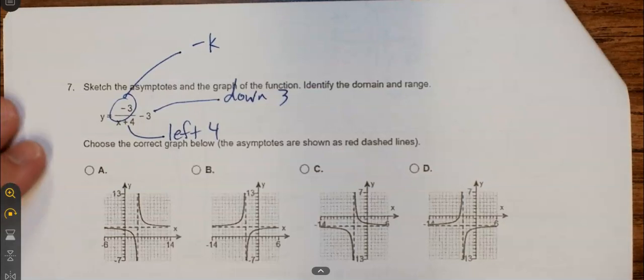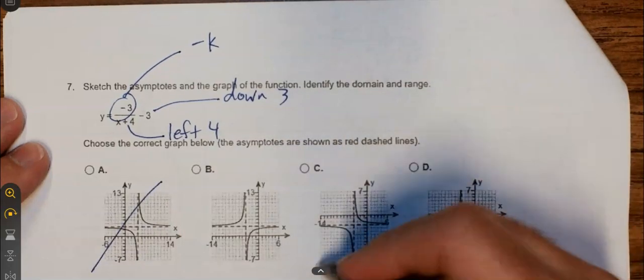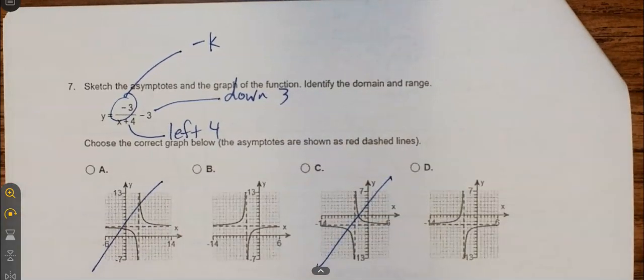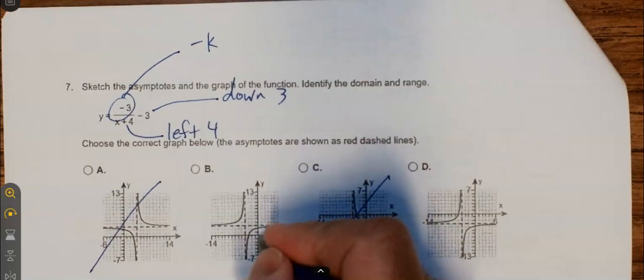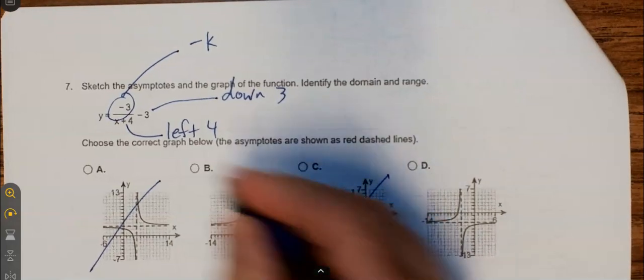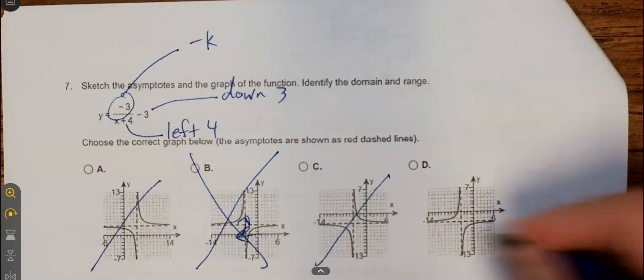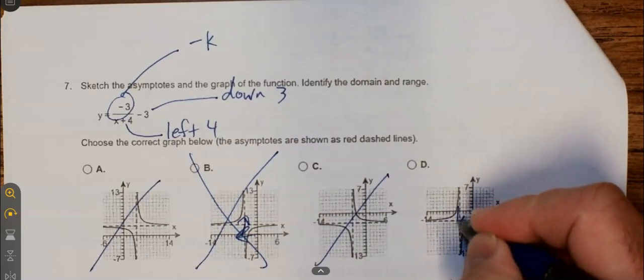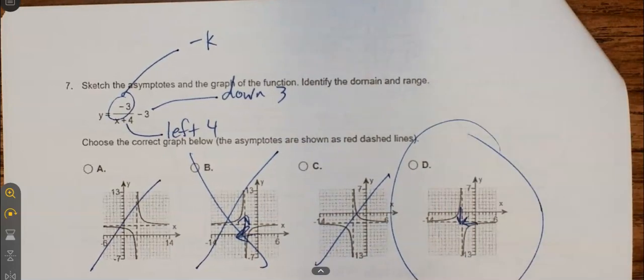It can't be A or C because they have the wrong branches. And we got to find one that went left 4 and down 3. Which one is it? Well, this one went left and up, so that's not it. This one went left and down. Okay, that's it right there. We'll finish this